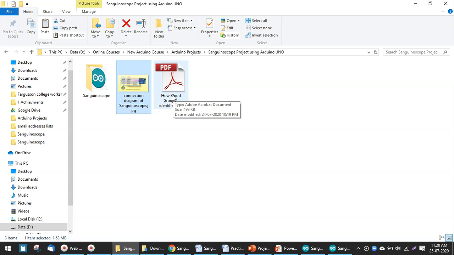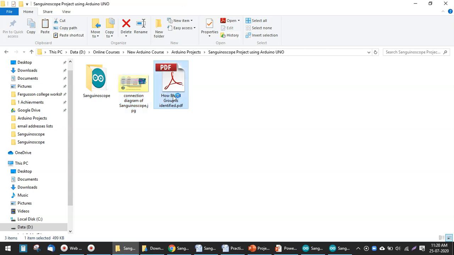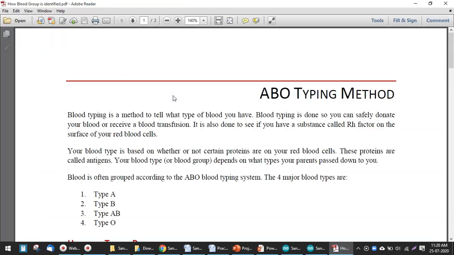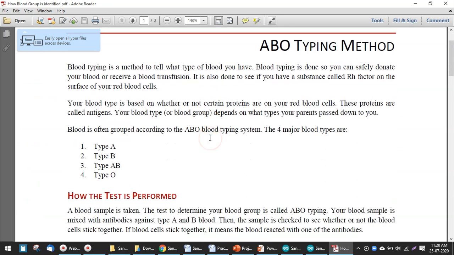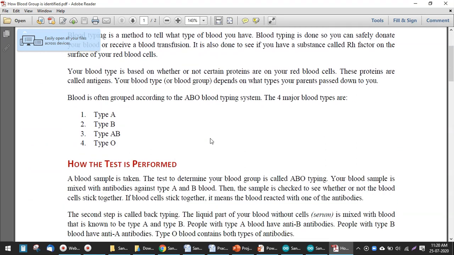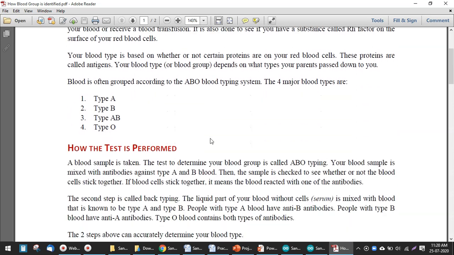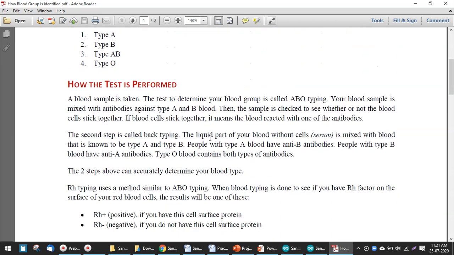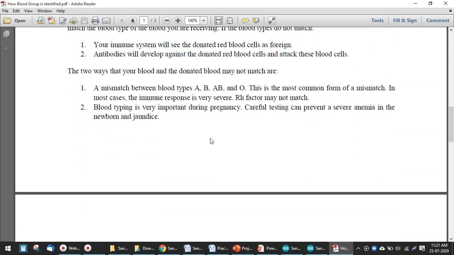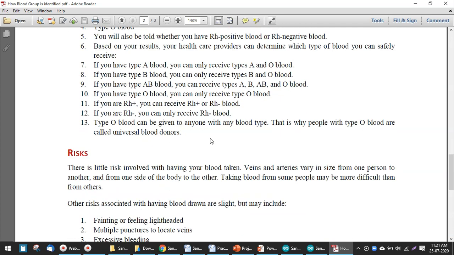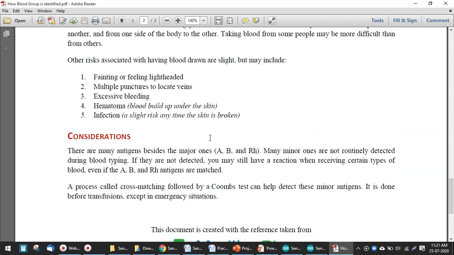And we have given one more piece of information regarding this, in the form of a PDF file. This is the information which will be asked whenever you present this type of project in some science exhibition or any kind of presentation. So ABO typing methodology is given according to the medical standards, and this complete information will be helpful to you to answer the questions.